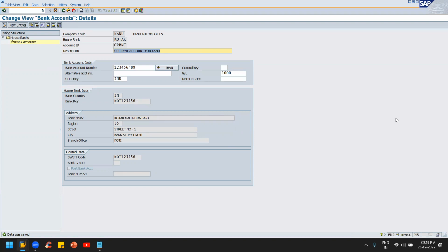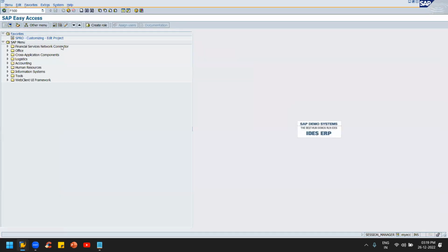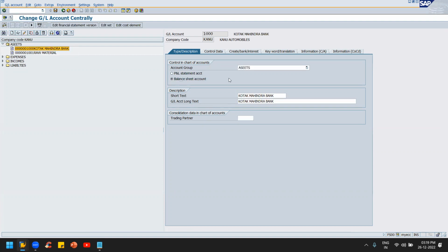Now we have created the bank account. Now what we need to do is give this to our GL account. So for the bank GL account, FS00 is the T code, wherein you have to get into Kotak Mahindra Bank, edit this, right? In control data,